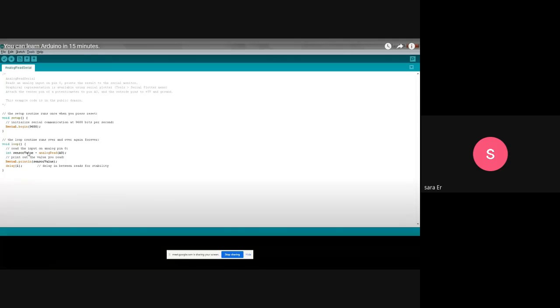And after that, we could perform lots of operations on the sensor value. But here, a very simple operation. We want to only print this data. We want to get the data from the sensor, read it from the A0 pin, and after that only print it. For printing, we use the Serial.println function and send the sensor value as an input to this function, and wait for 1 millisecond.